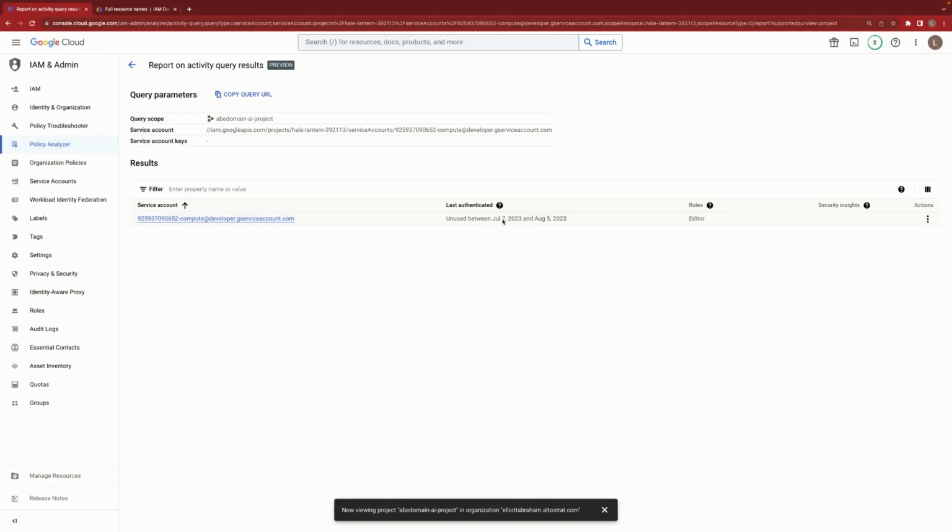With this intelligence, you can now be reasonably assured of when the service account or service account key was last used, and if you need to use that information to govern whether or not you can clean up that service account or that service account key. So we've taken a look at the policy troubleshooter and policy analyzer. These are tools in our ever-growing suite of policy intelligence tools. Use these to help you gain greater clarity and insight into your identity and access management, and get greater control and security over your environment.